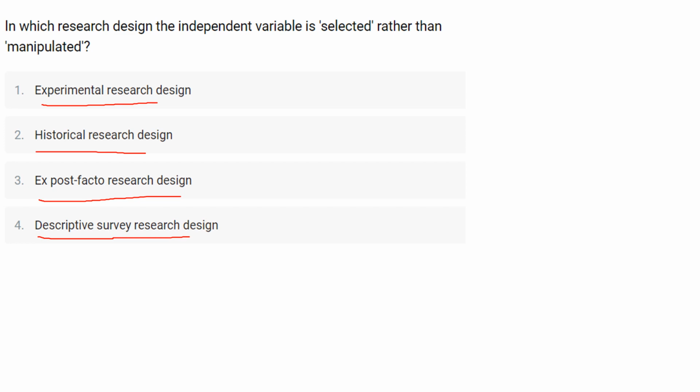So here the ex post facto research, or after the fact research, is a category of the research design in which the investigation starts after the fact.